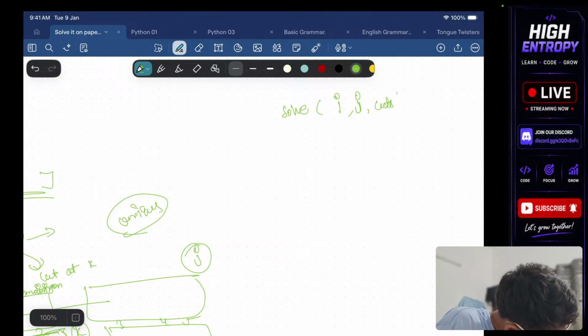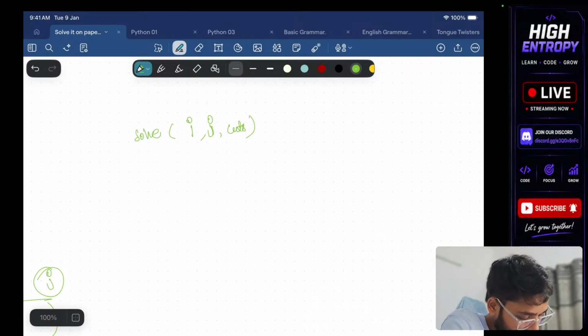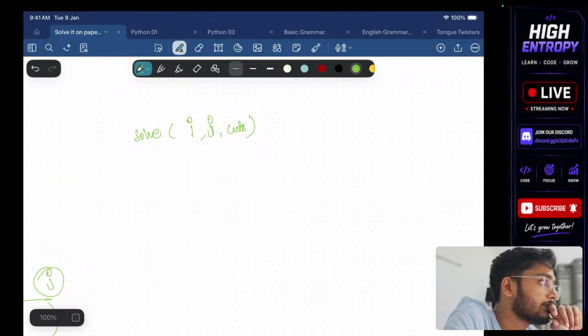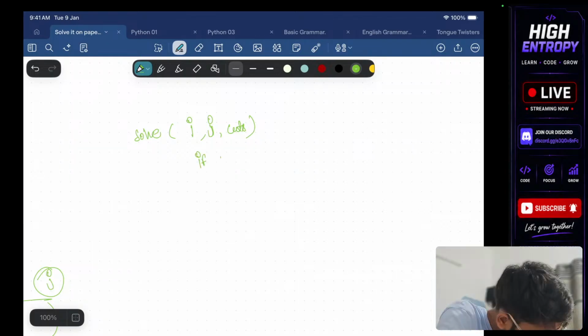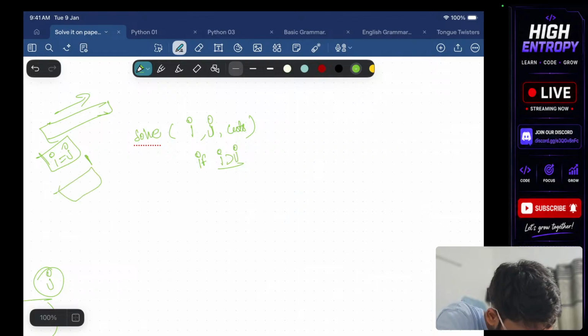Now what I'll do, simply: if i equals j, or i greater than j, what does it mean? That means you already finished. There is no length available. And i equals j also means you are at some particular position. You already covered everything. Now there isn't any length available. Else,